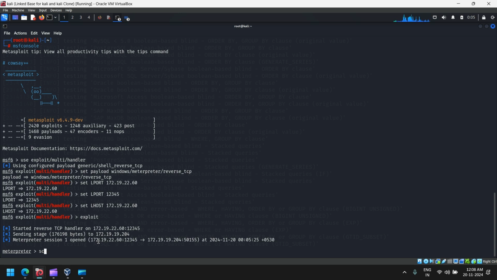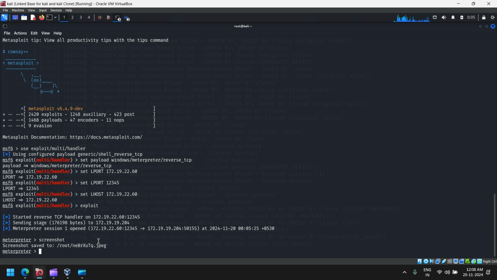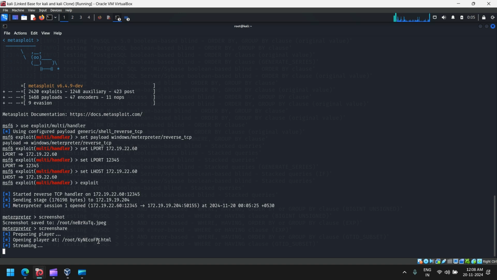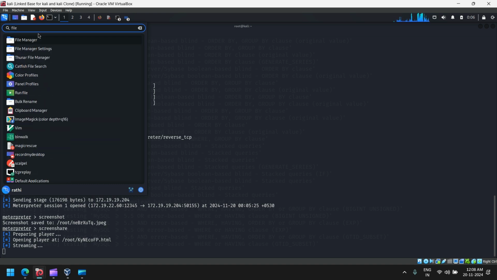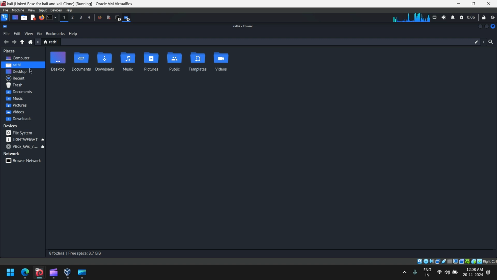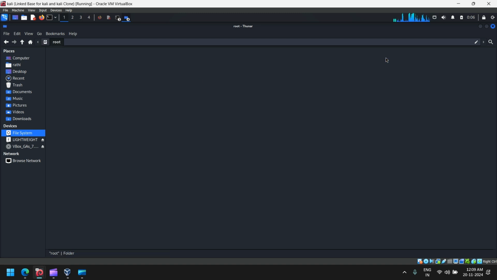Okay, so I will just try to take a screenshot. Okay, so screenshot saved to root. Okay, so I will try some other commands. I will screen share. Okay, I just hit enter, and it shares. It is streaming at. Okay, so I will just open that in file manager. So I go to file system. I go to root, and